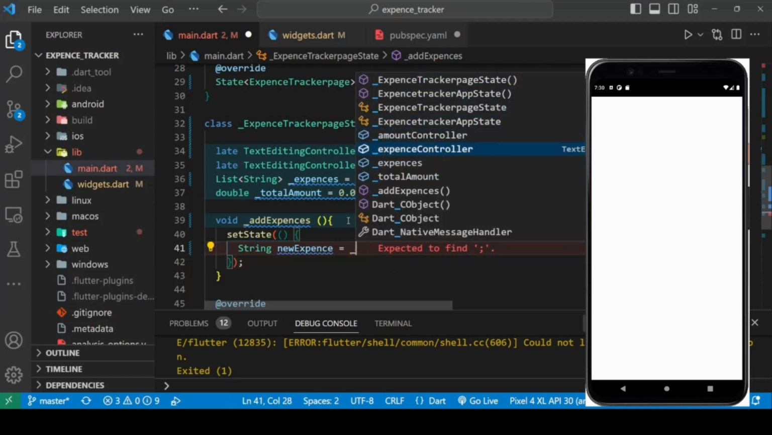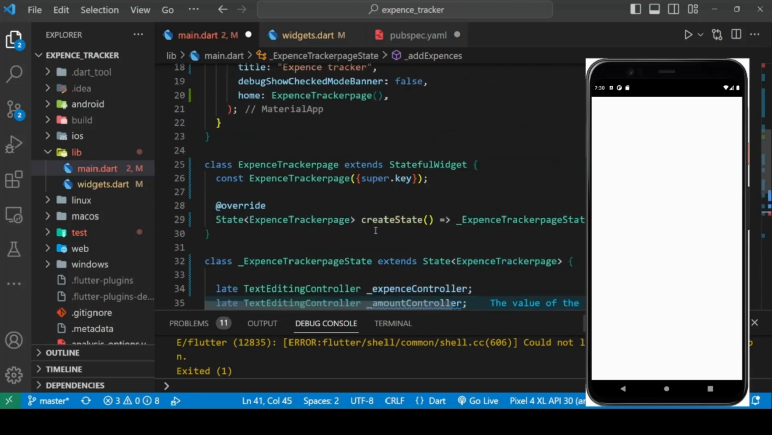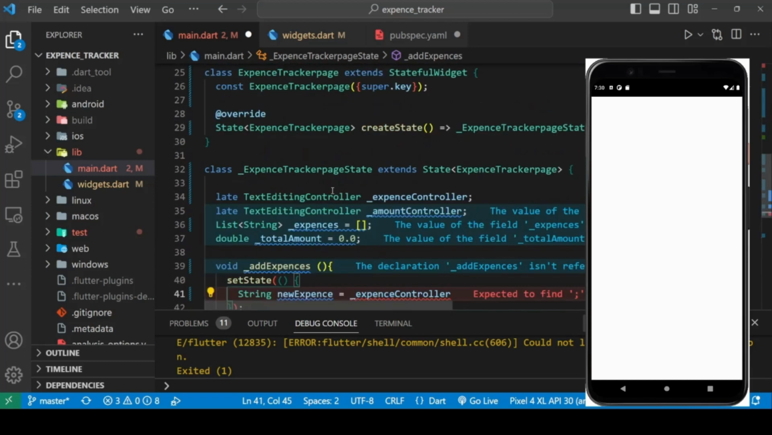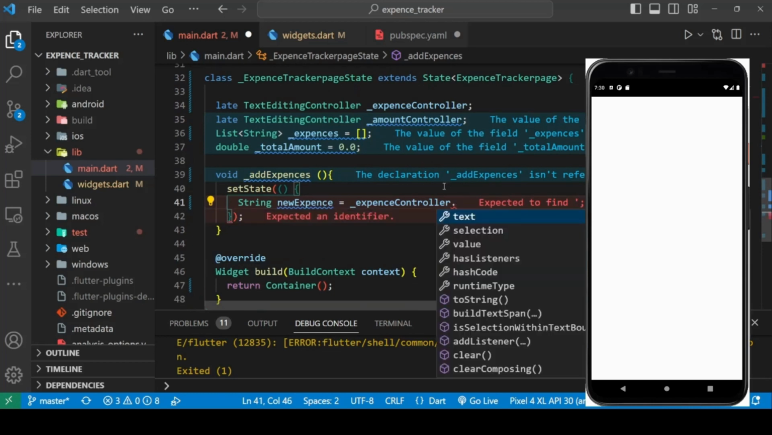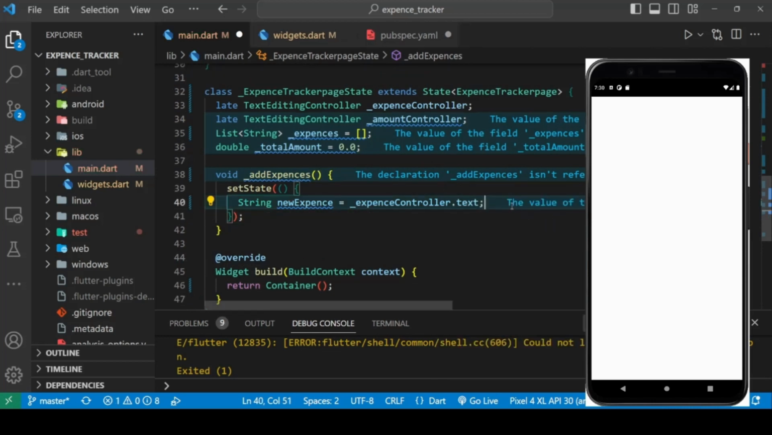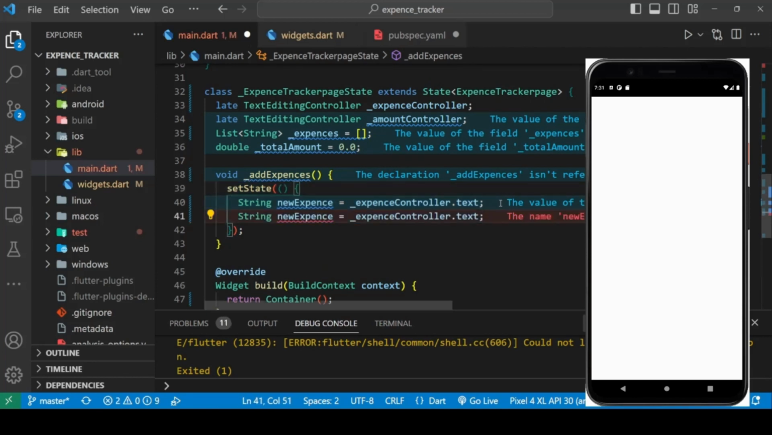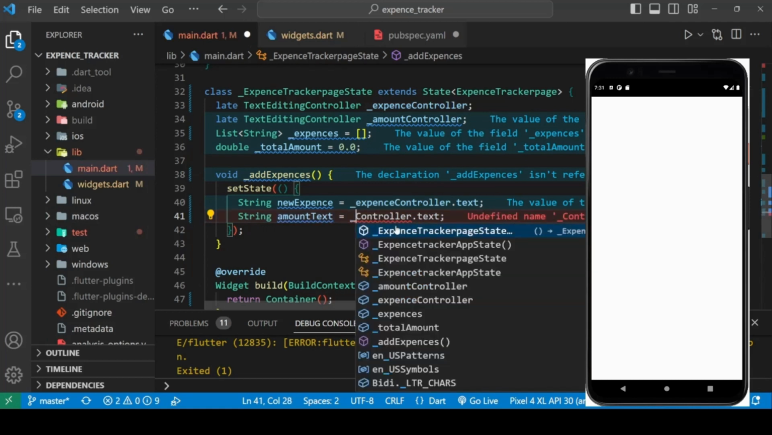the expense controller, which is of type text editing controller. So we can call it like text. We can get the text inside the text controller. Copy this again, paste it here, and change it to amount text, and here to amount controller. So these two variables will be storing the things inside the text field,